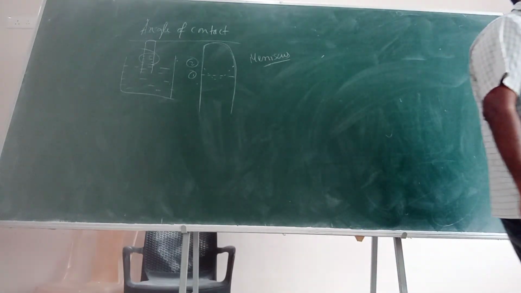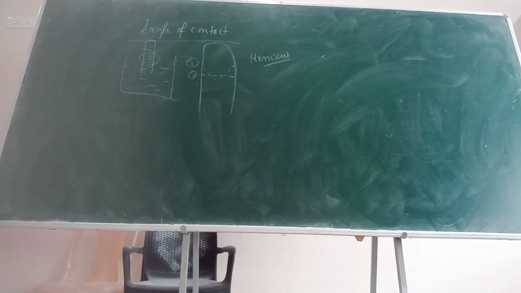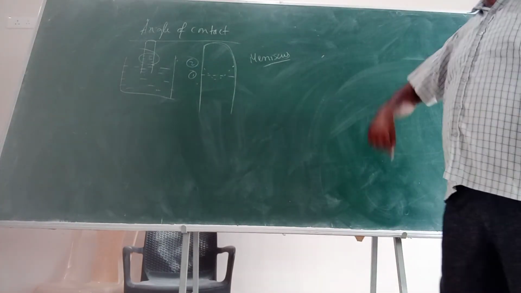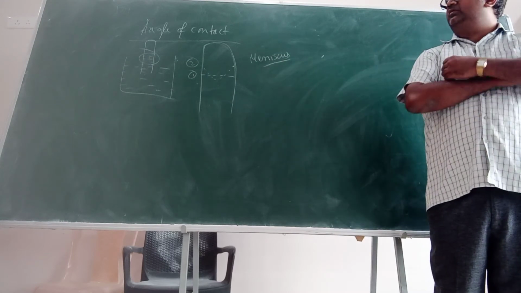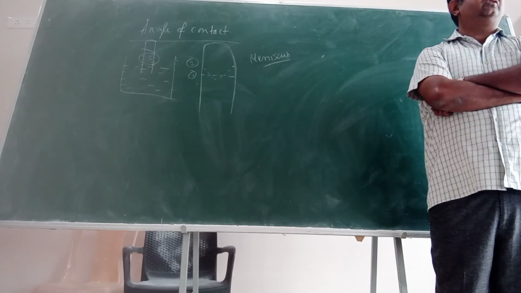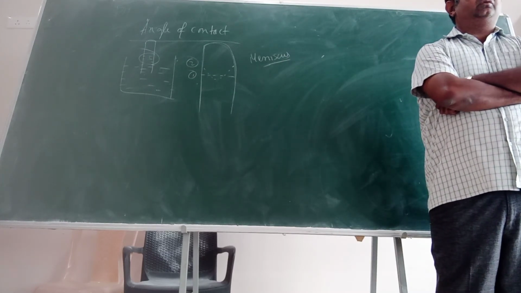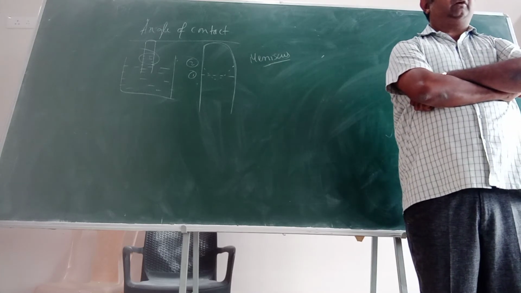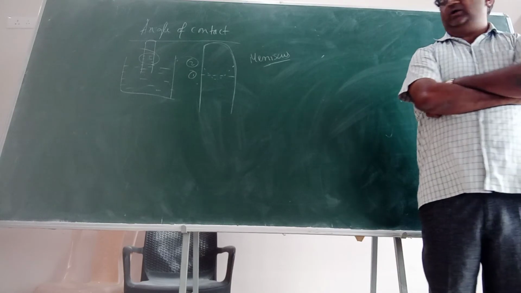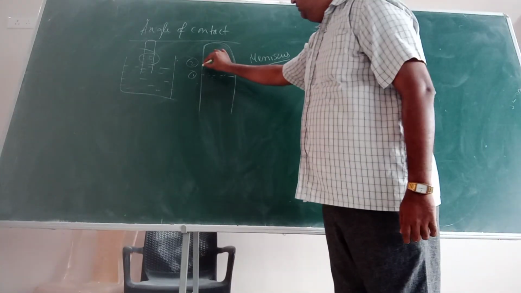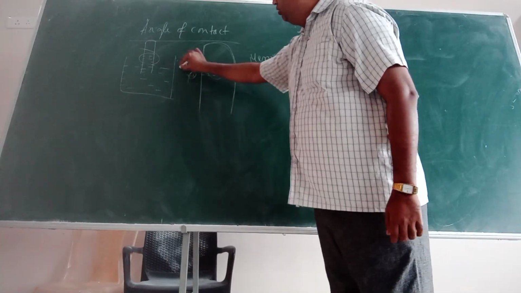Not sure which Greek name it is, but remember its name. There is an upper meniscus and a lower meniscus. But wherever the liquid comes in contact with the glass surface, there is a formation of meniscus. Why it forms, that we will discuss. This 5 minutes is not enough for that. Now, this is the formation. This 1 is wrong, 2 is the case.